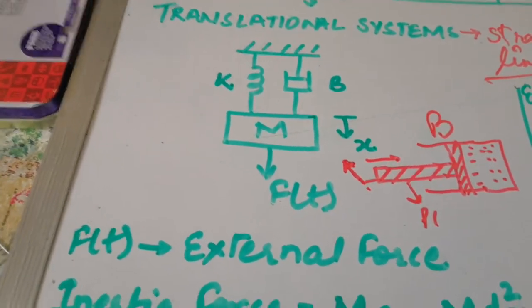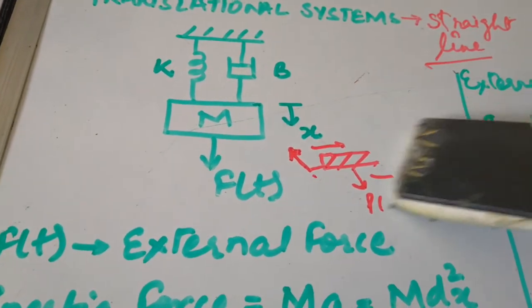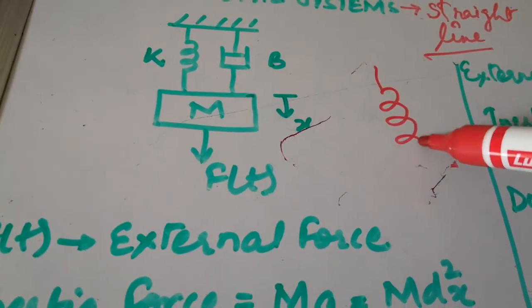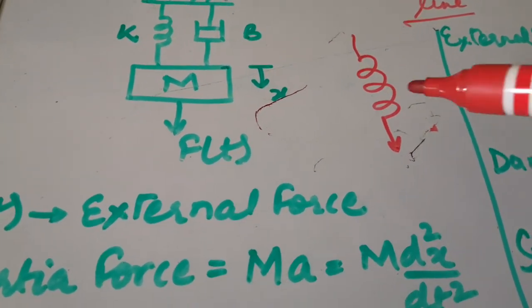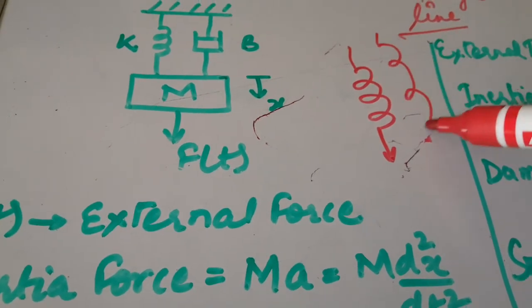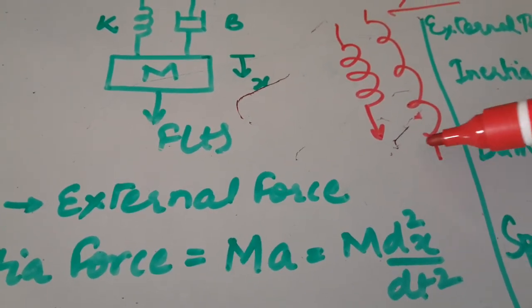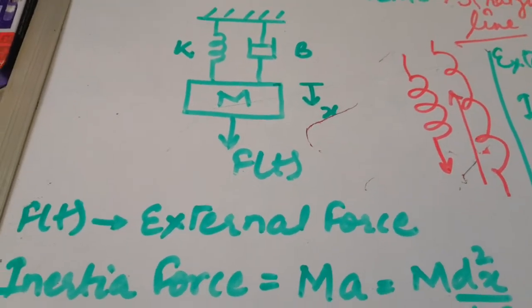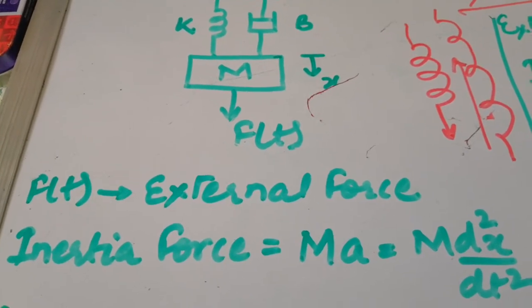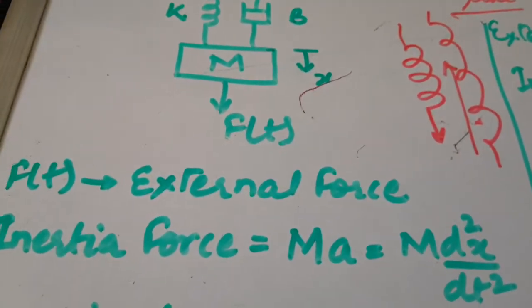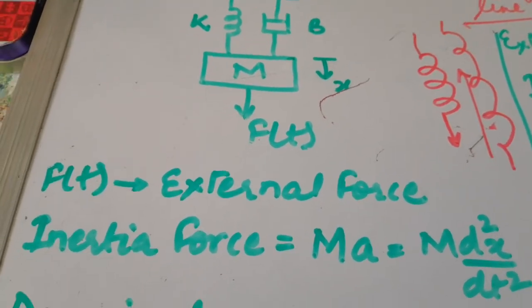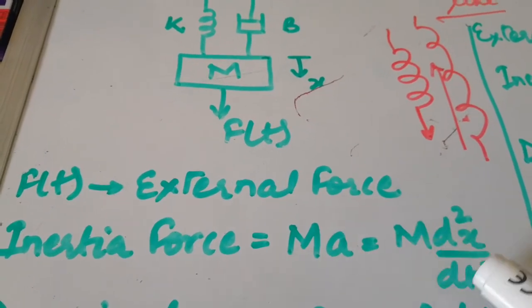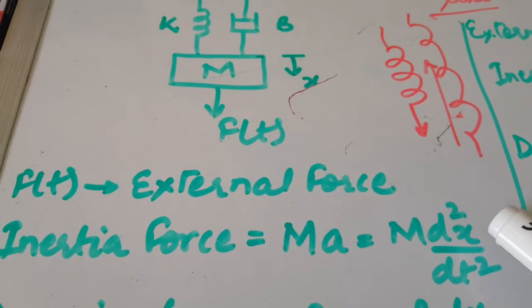Now we come to the second constant, the spring constant. You all have heard about it. What a spring does is, when you apply a force in this direction, the spring gets stretched, and when you leave the force, it retracts back. That means it stores energy as potential energy. So we have the spring constant as K. These are the forces that act on it, and the inertia force, which we have been reading about from class 9th onwards, is dependent on mass into acceleration, where acceleration is the double derivative of the position.